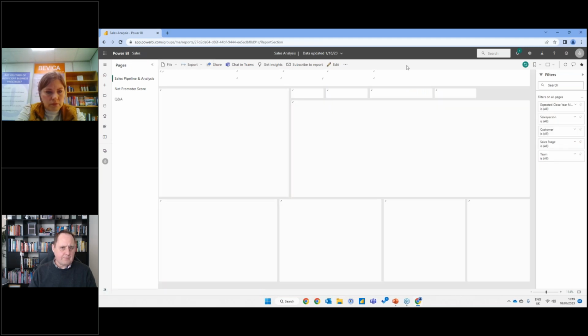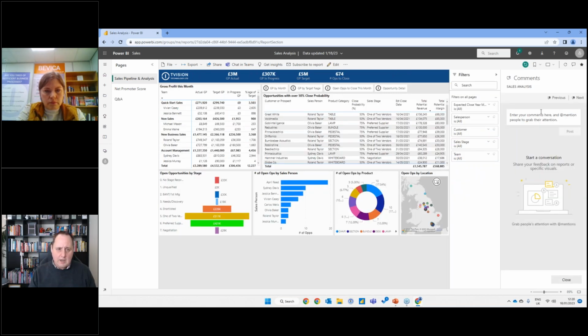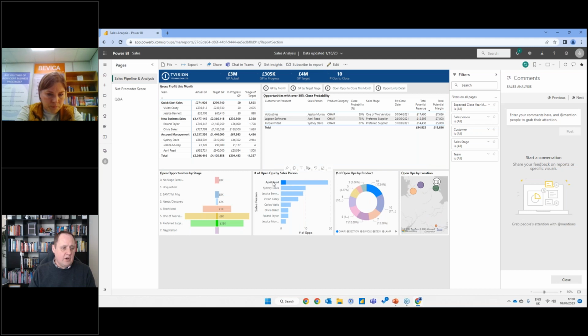Okay. So I mentioned as well the ability to add comments. In the same way you can do that for a dashboard, you can do that for a report as well. So where is that useful? Perhaps you've clicked on a set of options. So I'm just looking at sales of chairs for April.